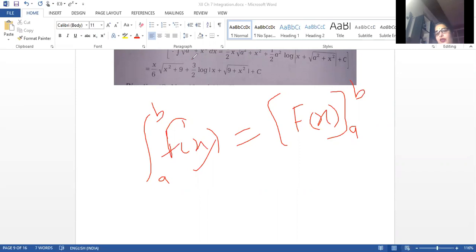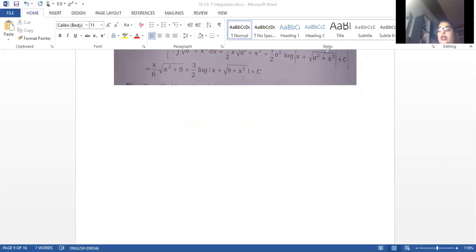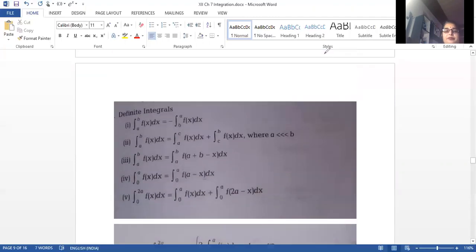So integration you have studied, and you know all the formulas of integration. The first part is always to integrate, then put the limits. Clear? Now, to make it easier, we have some properties of definite integrals. The questions become very easy while using the properties, because the integration part will be very simple. Now we will move to the properties. What are the properties of integration?